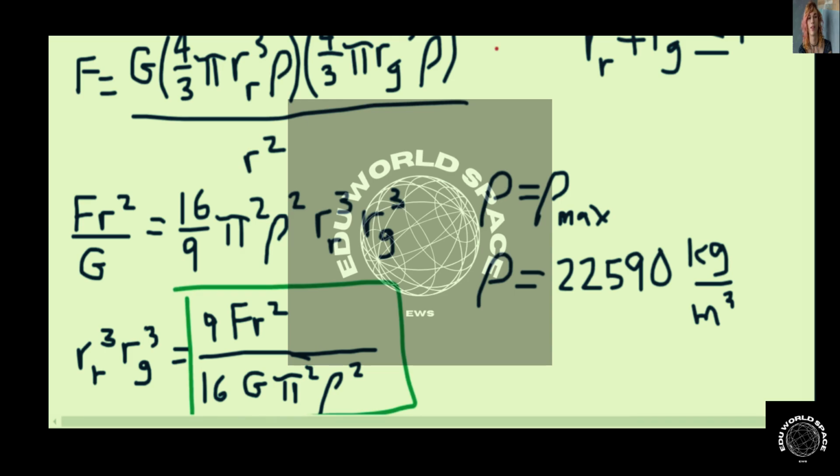So 9 times F, which was 1, times r, which was 1, squared, which is still 1, over 16 times G, 6.67 times 10 to the negative 11th power, times pi squared, times rho squared, 22590 squared. Okay, that gives me